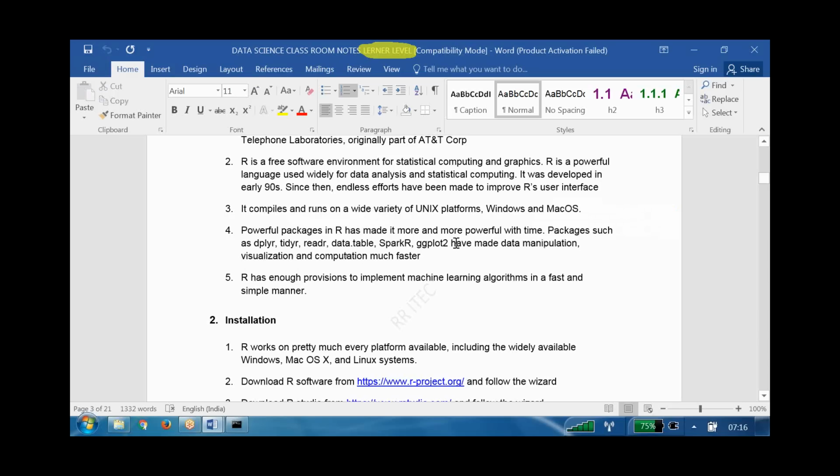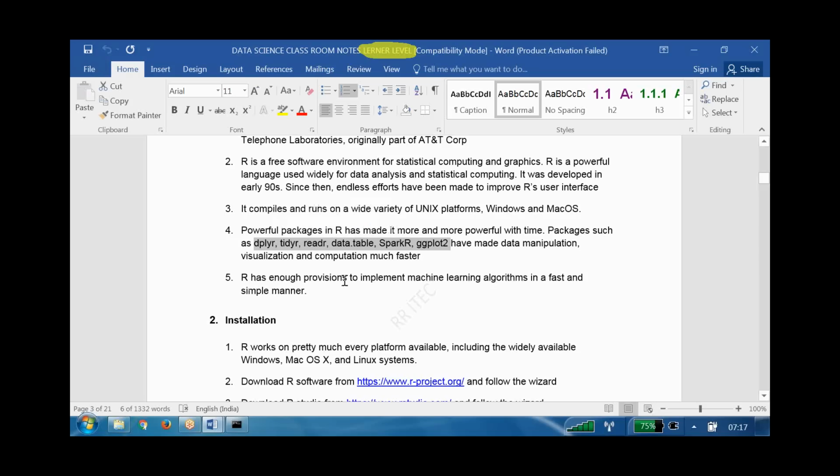And one more point, these all are open source, right? The reason is people keep on improving this kind of packages. If you go and try to see on our website, we have 583 packages available at this point of time. But these are the basic packages given by R. Everyone will develop their own thing and say this is the one package. If you really want that kind of thing, you can go and utilize it.